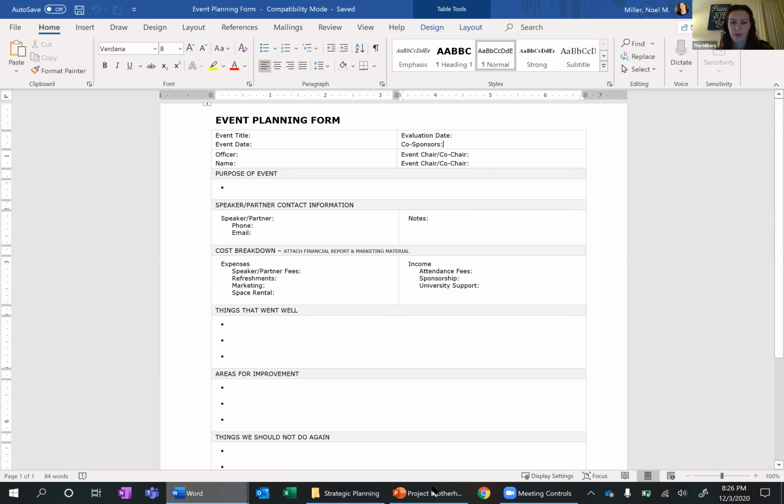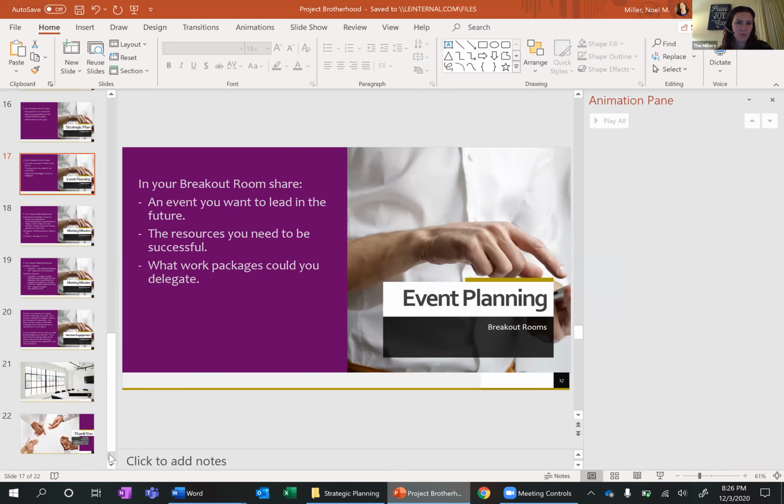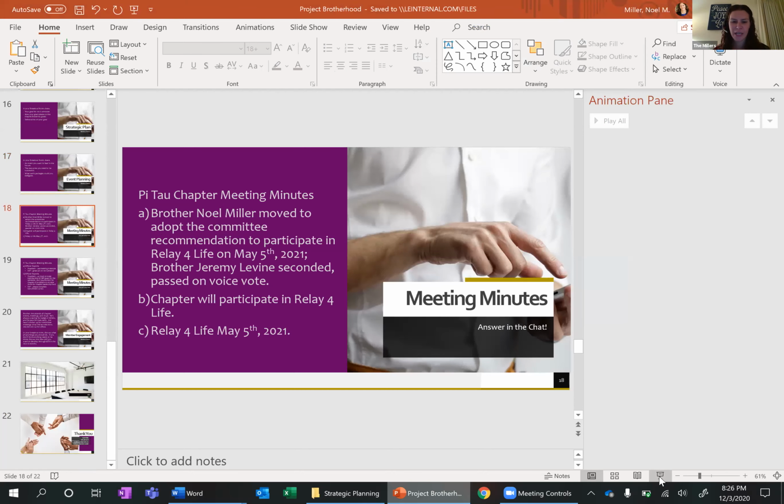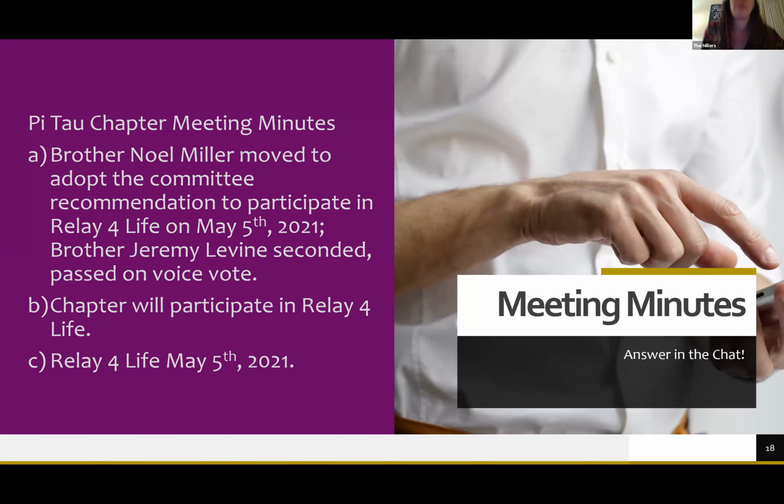Awesome. Okay. We only have a couple minutes left, so I want to respect everybody's time. We're going to do a quick poll in the chat. So meeting minutes. We talk about documentation as project managers. These are 3 examples from real meeting minutes. So which one do you think is correct? Is A how things should be documented? Is B how things should be documented? Or is C how things should be documented? Just pop it in the chat. A, B, or C, how should it be documented?